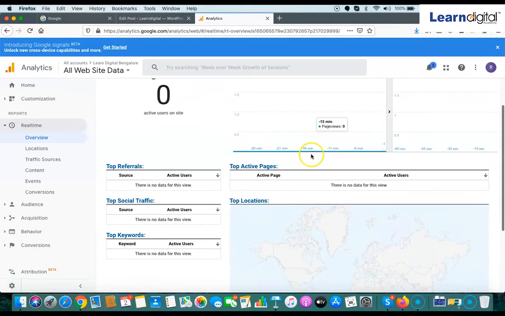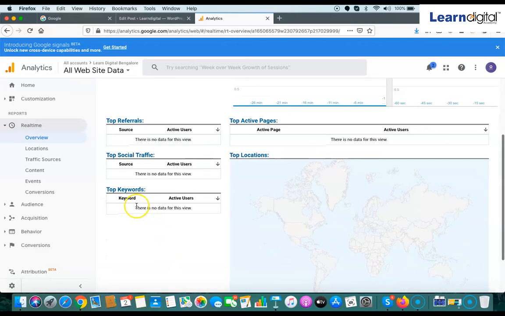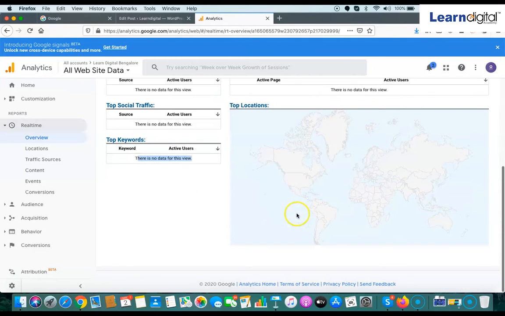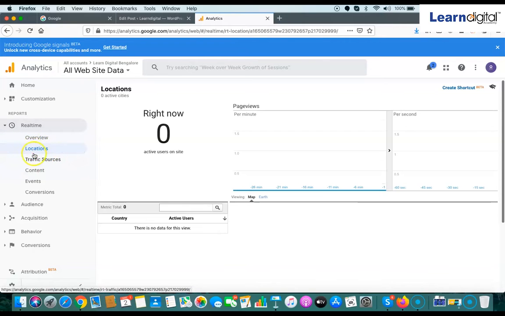So this will show you right now how many people are viewing your site and on what page they are, and from where they came and what their source is. For example, if they came through Facebook or an email you have sent or a WhatsApp message you have sent, and the top keyword, what keyword they have searched to visit your website. In real time you can check the data, and one by one you can click on each option